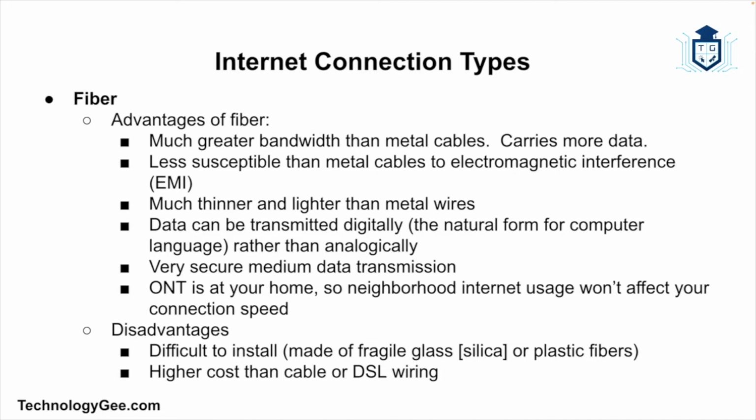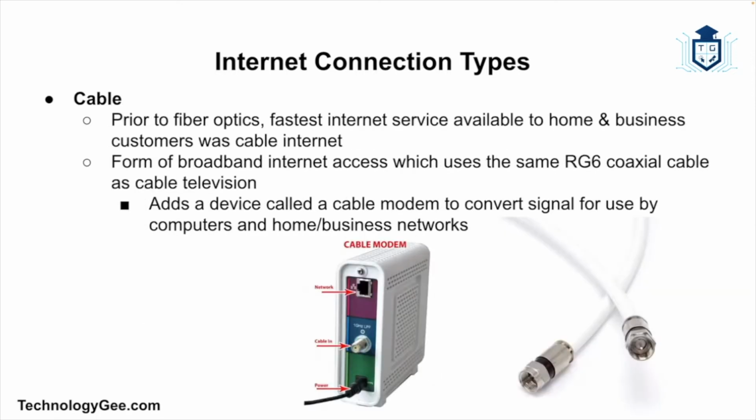And a few disadvantages of fiber optic cabling are it can be difficult to install because fiber is made of fragile glass or plastic fibers, and it has a way higher cost than cable or DSL wiring. All right, let's talk about the next internet connection type, and that is called cable. So prior to the advent of fiber optics, the fastest internet service available to home and business customers was cable internet. And cable internet is a form of broadband internet access which uses the same RG6 coaxial cable as cable television,